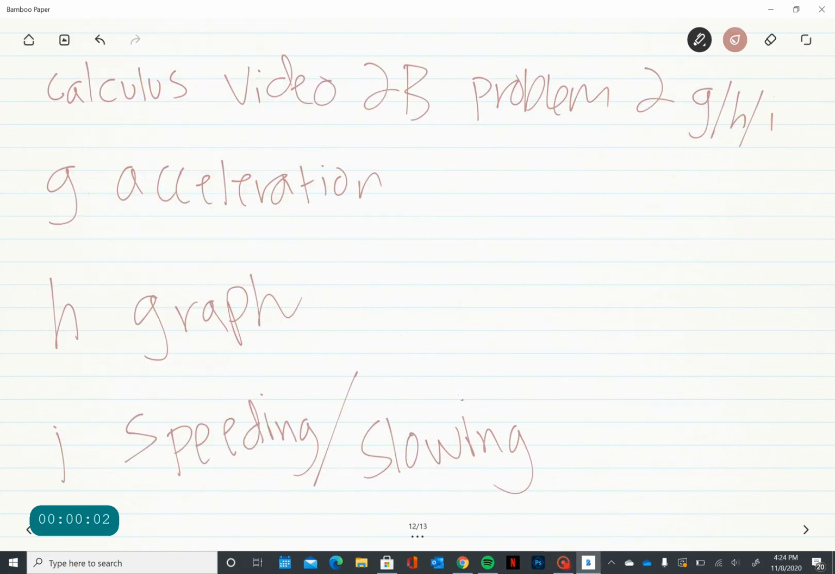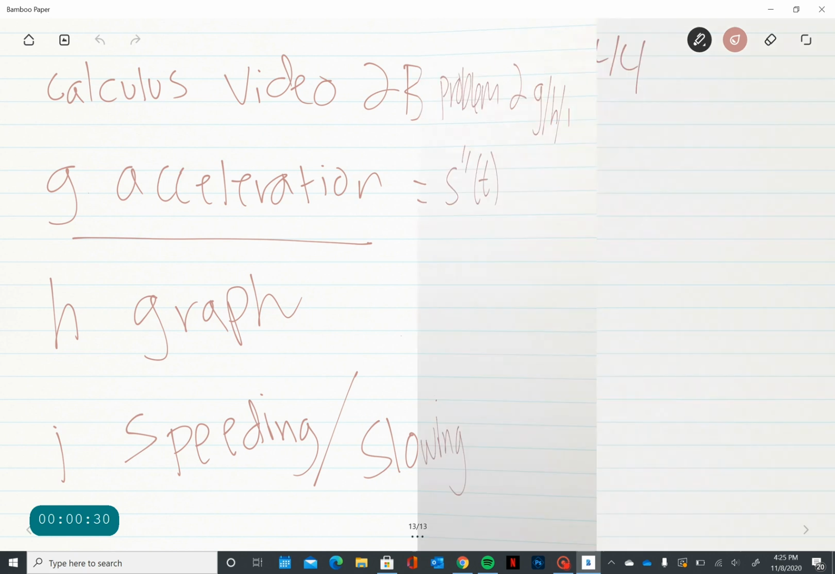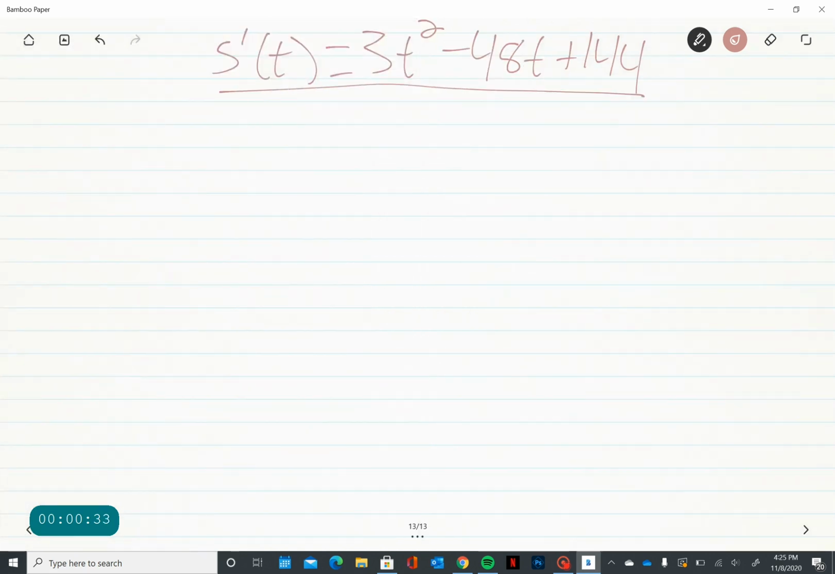Hi, my name is Scacca, and I'll be explaining problem 2G, H, and I for video 2B, Calculus Assessment 2. So G is asking for the acceleration function for the bead. So we already took the first derivative, and acceleration we know is the second derivative. So we take our velocity equation and we just take the derivative of that again. So we get s prime prime of t